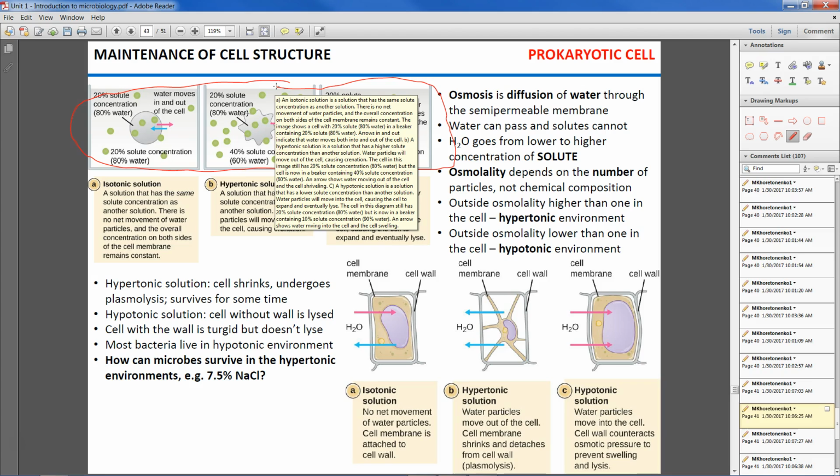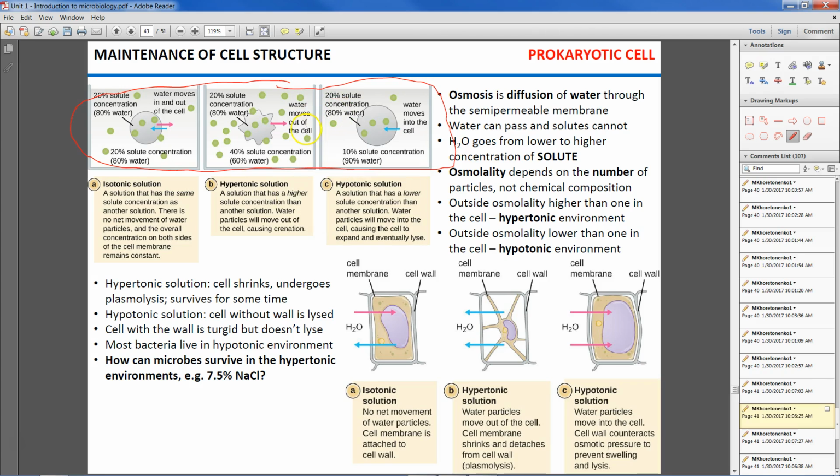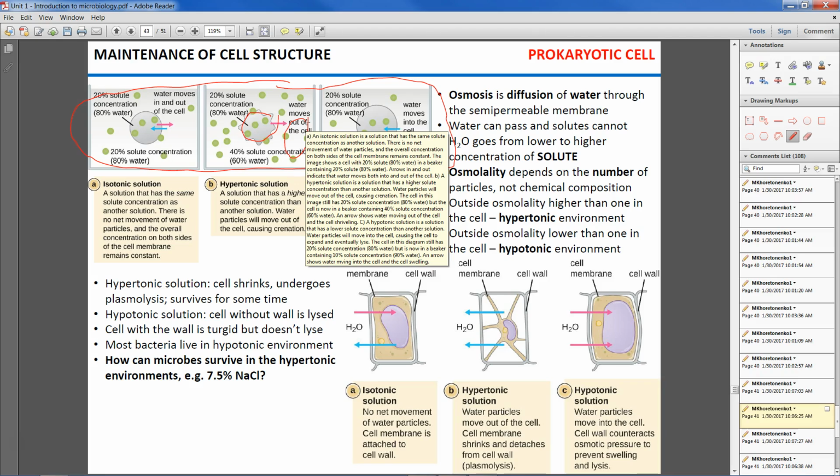So water moves from low solutes, sorry, from low solutes to high solutes, always. In order to remember that rule easier,